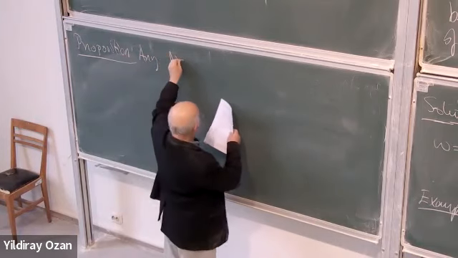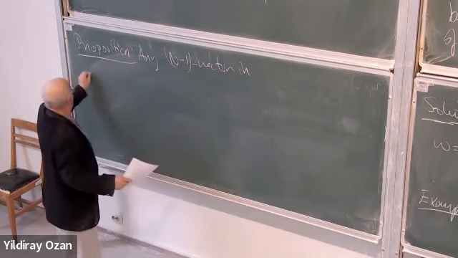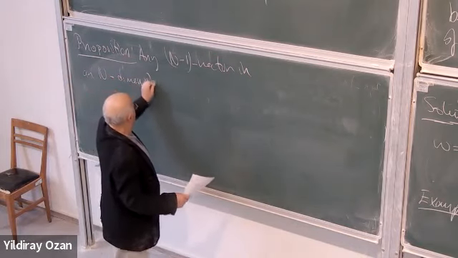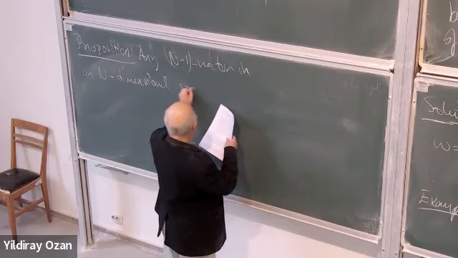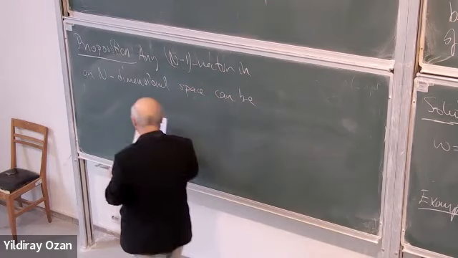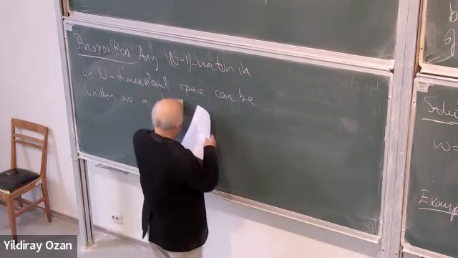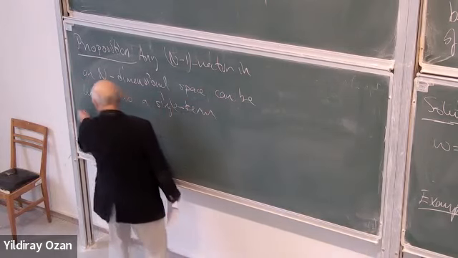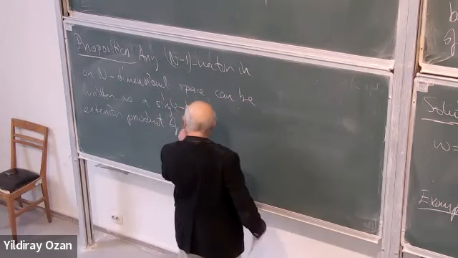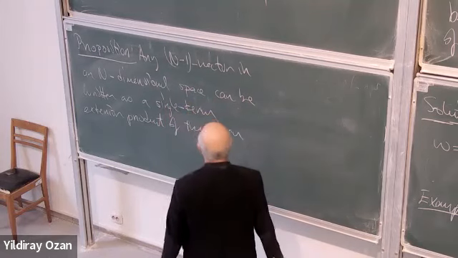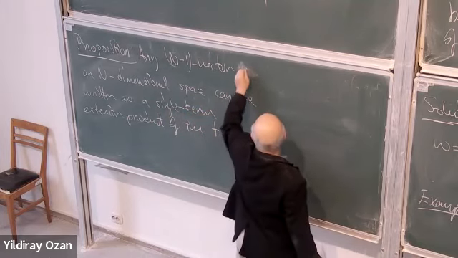Any n-1 vectors in an n-dimensional vector space can be written as a single term exterior product or wedge product of the form